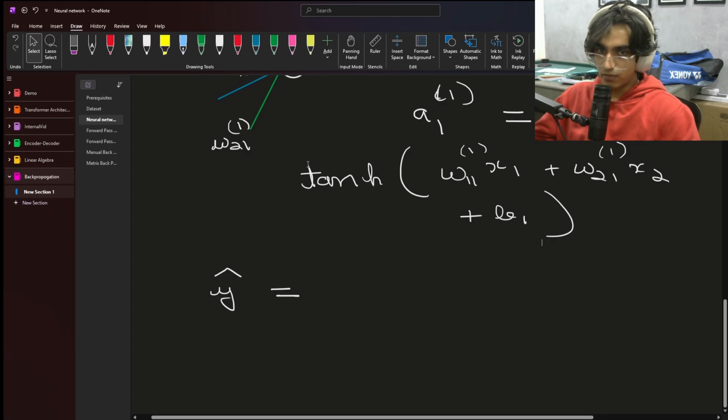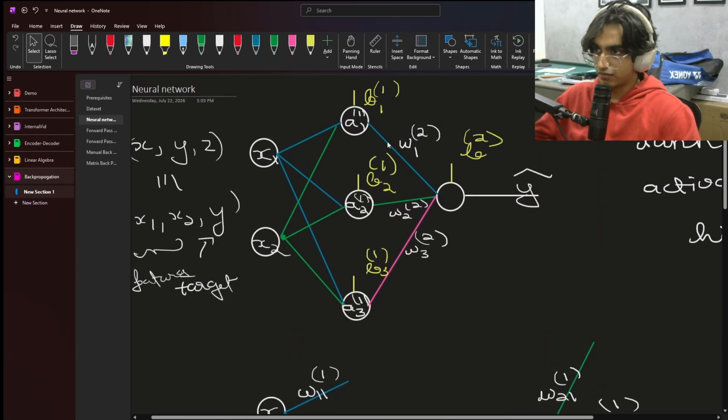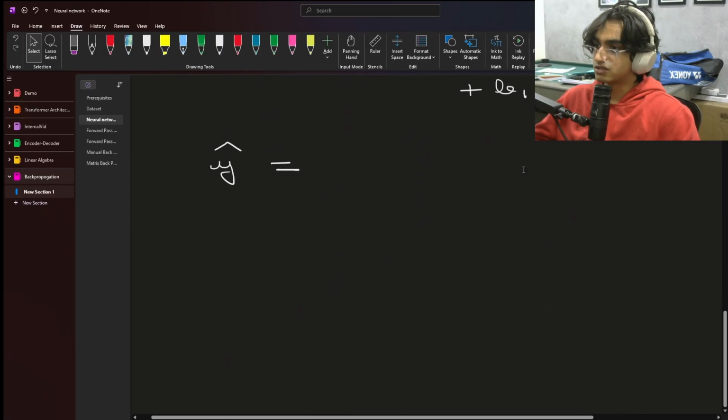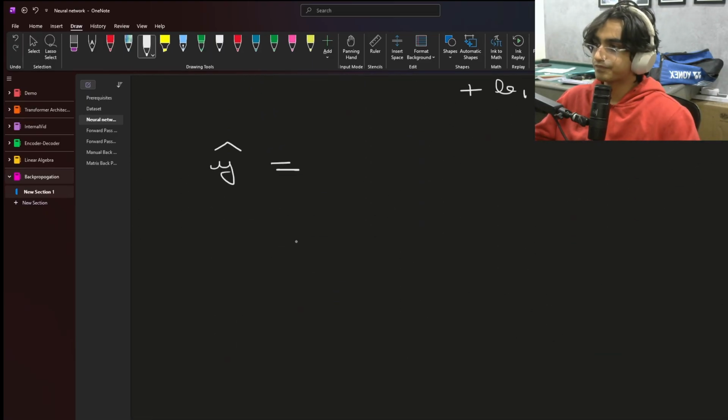And finally, our output y cap. If we go up and look at it, the weight associated with this is W1, and since it's the second layer, we write 2 in brackets. We have W2 with respect to A2, W3 with respect to A3, and our bias. So our y cap will just be